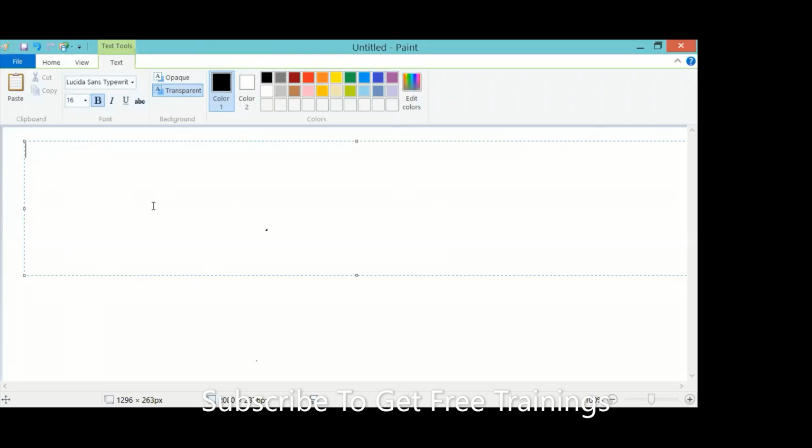So in your Windows operating system, first go to the Start button. In the Start button, search for IDLE.